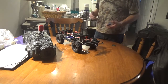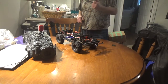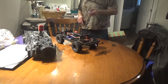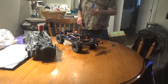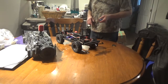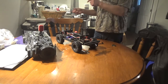And unfortunately, this winch can only run 2S. There was a 3S winch that looked very similar, and I think it was rated for about a 15-pound pull or something like that. It was ridiculous. But it was only like $10 more, but I didn't have the $10 because I wanted to spend it on other parts. But then I saw the worn winch and I was like, okay, I want a worn winch when I get my